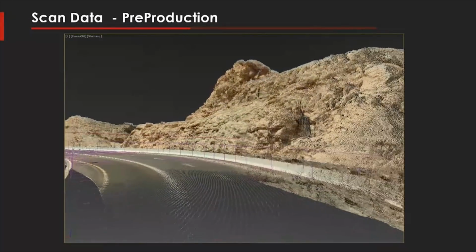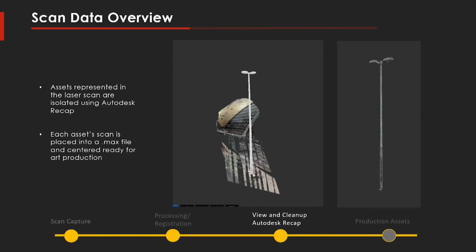The other thing that we can do from it is start breaking up that laser scan data in a way to inform the actual production. So instead of going through just 10,000 reference photos and trying to pick out what are all of the unique assets, we can fly around the environments and actually start picking out the assets that really matter. Which ones are breaking up silhouette, which ones are close to the track. Start creating our asset manifests in a way that will inform the production and really speed up the production for us. At that point, we can start isolating the scan data for each one of the assets,